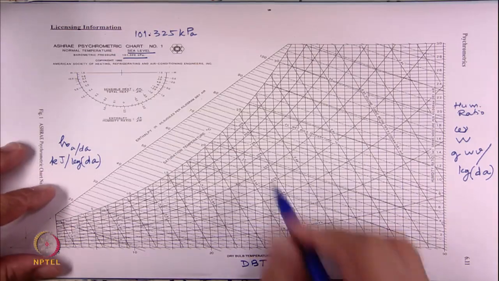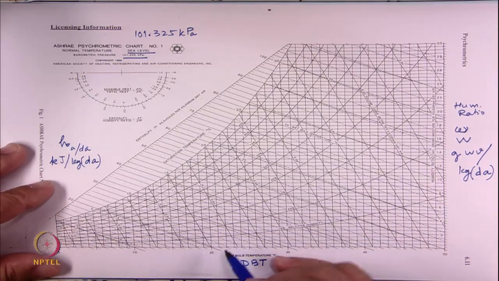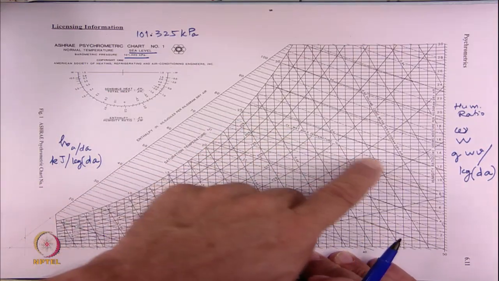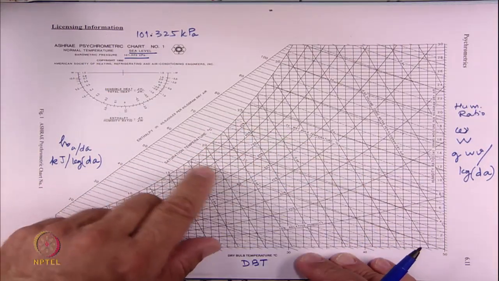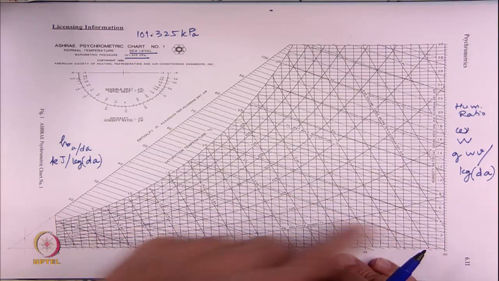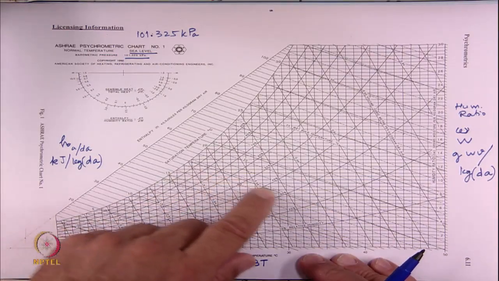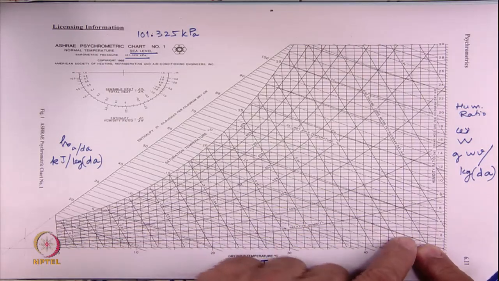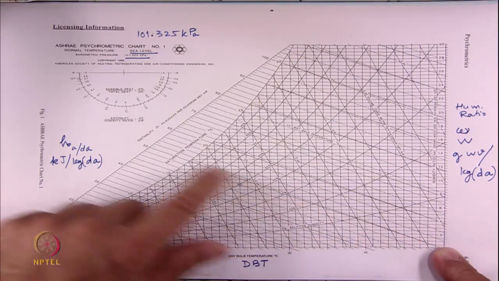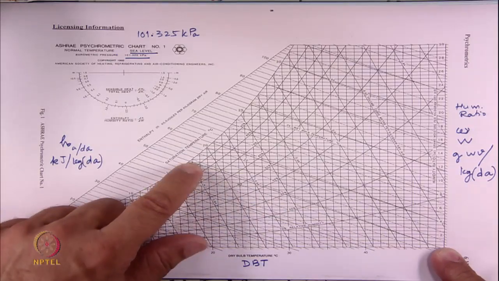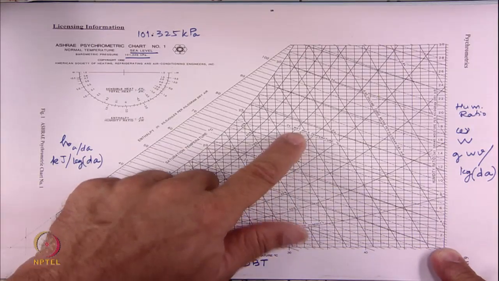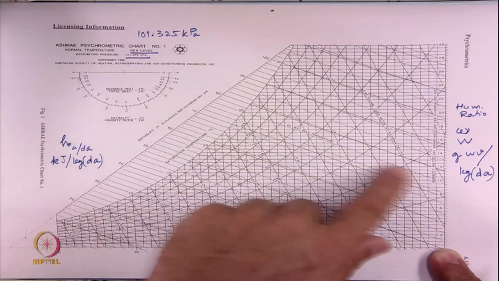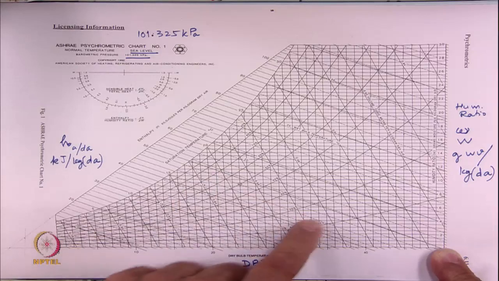So, these are relative humidity lines, and then we have these dashed lines going over here like this, and there are many of these dashed lines. It looks almost parallel to the constant enthalpy lines, but they are not, because you can see here the dashed line goes slightly above the solid line. This dashed line says wet bulb temperature. So, these are lines of constant wet bulb temperature.